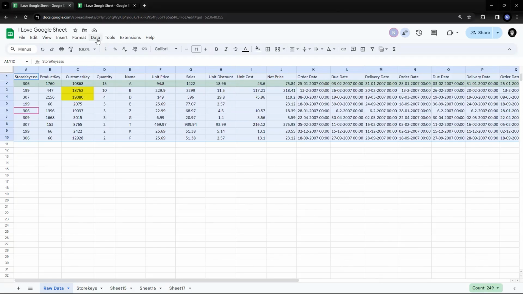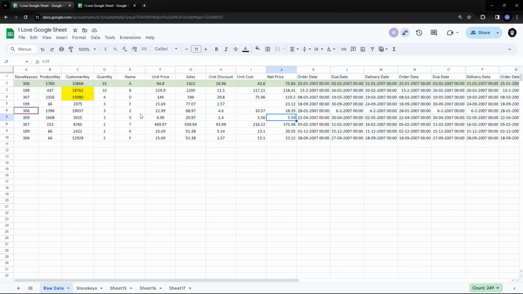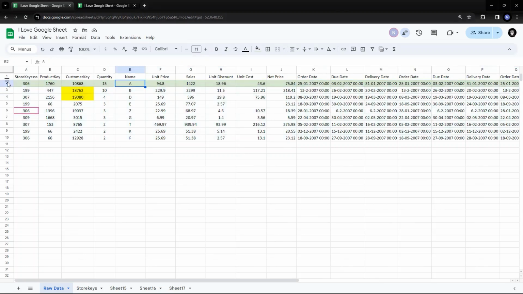Now we go to data and you see the disabled option has now become enabled. So sort range is enabled. We have seen how the range could be sorted from A to Z or Z to A. Now, if I just select rows from 2 to 10 and do the same sort,